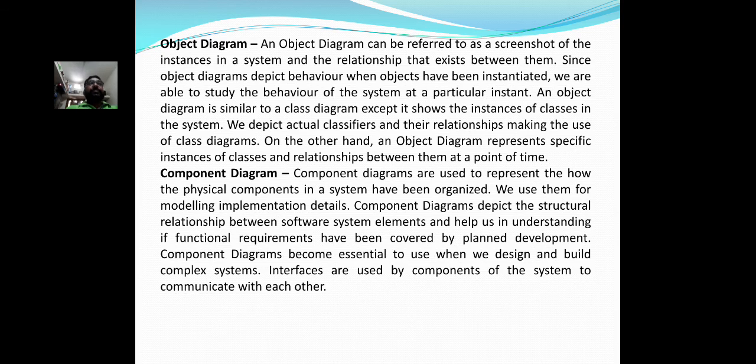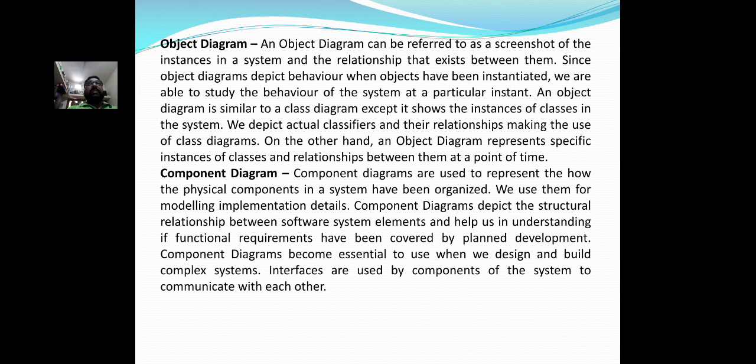entire class. Object diagram. An object diagram can be referred to as a screenshot of the instances in a system and the relationships that exist between them. Since object diagrams depict behavior when objects have been instantiated, we are able to study the behavior of the system at a particular instance.